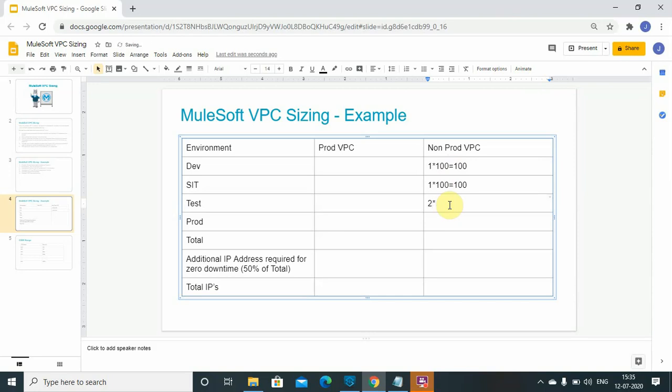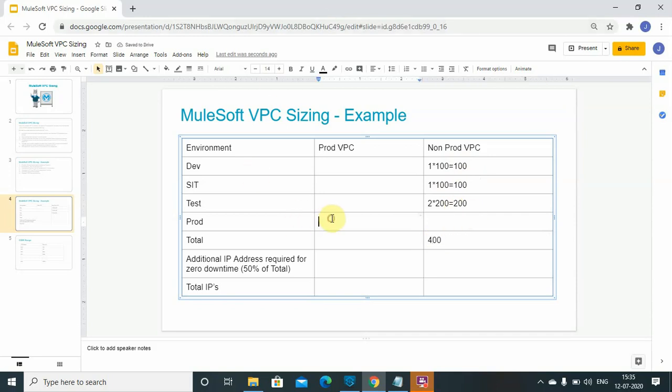On test it's 200, because we will deploy each and every application on 2 workers for zero downtime and high availability. So the total host required for my non-prod VPC is 400.